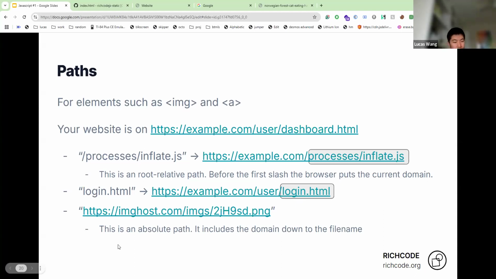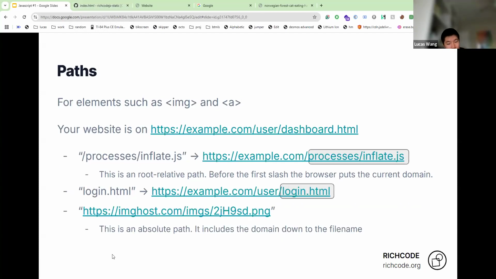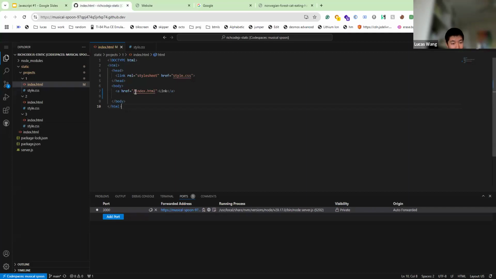Now, the absolute paths we were using on the previous two slides, you just include the whole thing. And you need to include the protocol, HTTPS or HTTP, because otherwise your browser will see this as a relative path because there's no slash in front, there's no HTTPS, so it will try and go to some weird URL. Say I forget to put the HTTP in, and I have google.com,